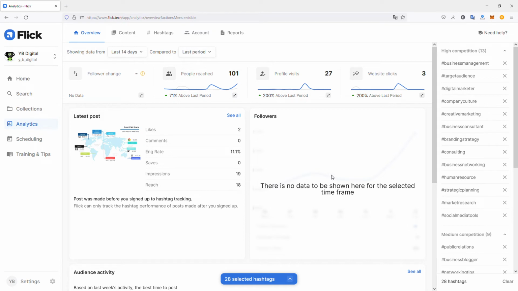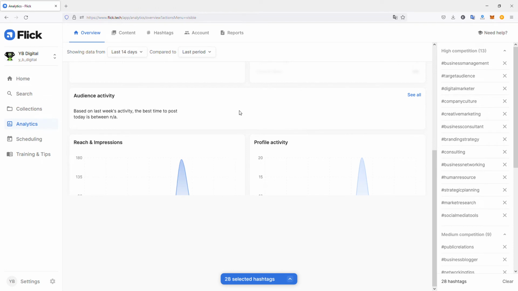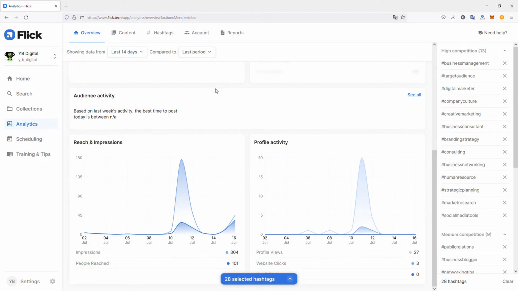As I just registered on Flick, there is no data to be shown for this time frame for followers. And I don't really have audience activity at the moment. So here again we can see the reach, so how many people I have reached with my post. On Monday, July 11th, I had a good day for this account with 28 people reached, which is